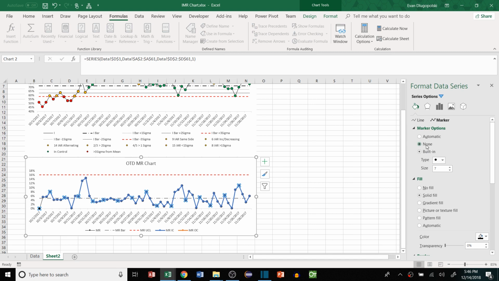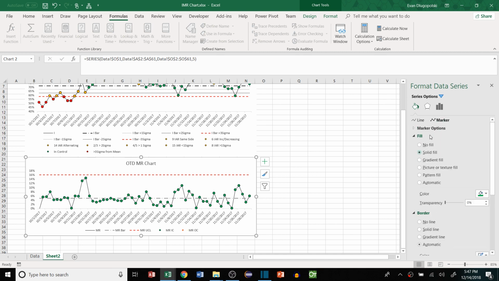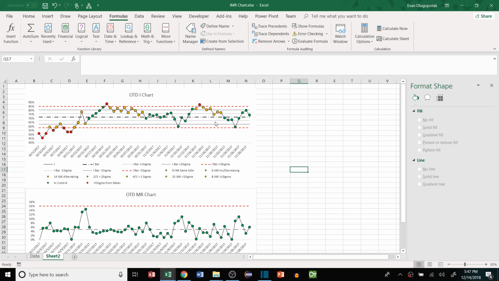We'll take away the markers on the MR value, and then again for the in control values, we'll give it a green fill. And take away the line. Out of control values, take away the line, and give it a red fill. And there you have it. There is our control chart with the conditional formatting, but the last thing we need to do is add data